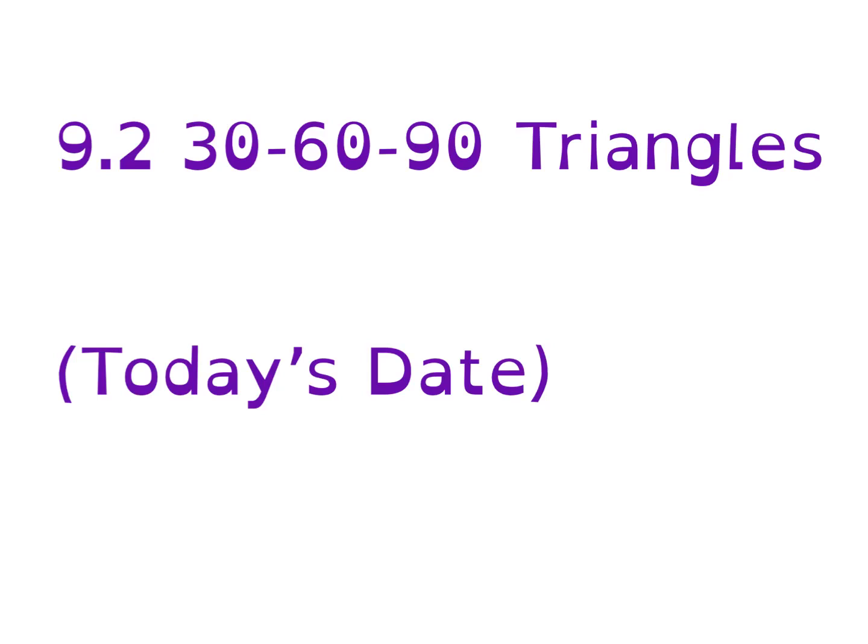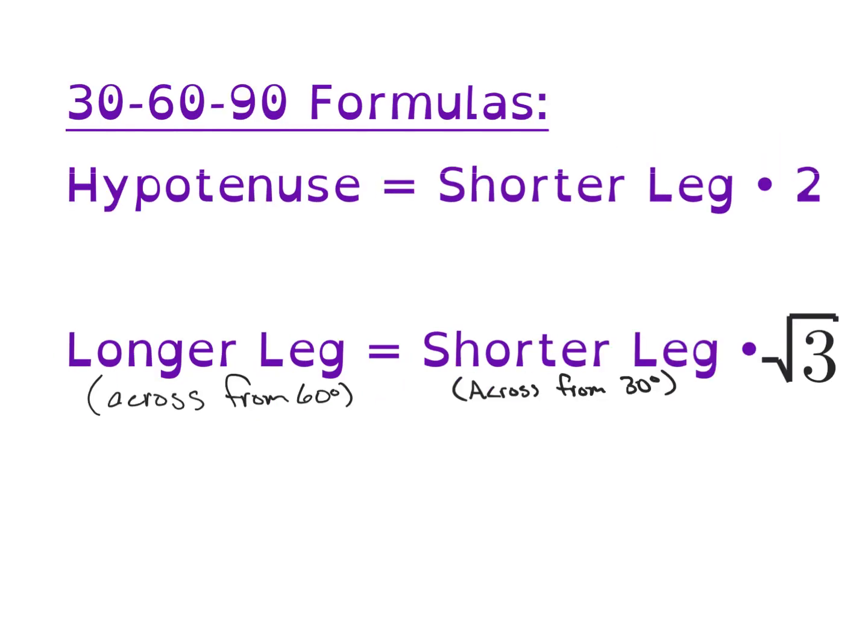9.2, 30, 60, 90 triangles. So, unlike the 45, 45, 90 triangles where you had two sides that were the same, on the 30, 60, 90, you have, of course, your hypotenuse, which is your longest leg, and then you have, so I'll draw it,